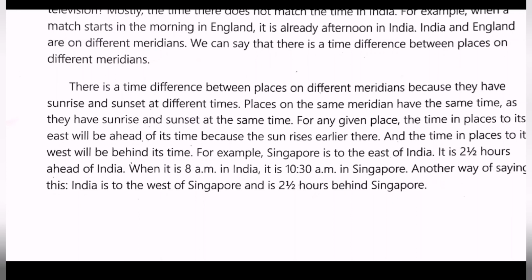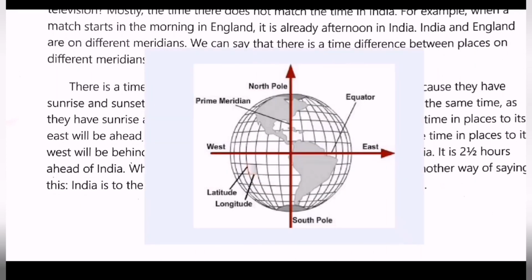From this lesson we came to know that there are two poles. To summarize this lesson, there are two poles, the North Pole and the South Pole, and the main line which divides the earth into two equal halves is the equator. You can see the picture on the screen again. Equator, and lines of latitude and lines of longitude help to locate a place, and without them it is impossible to find the location of a place. So all these are about parallels and meridians.